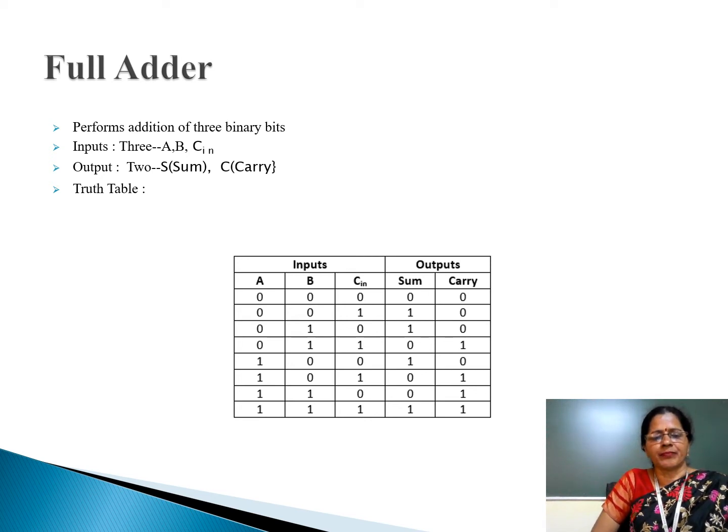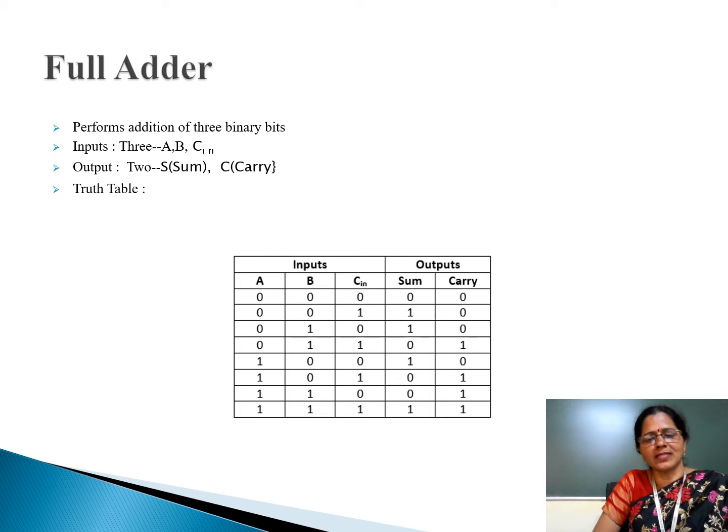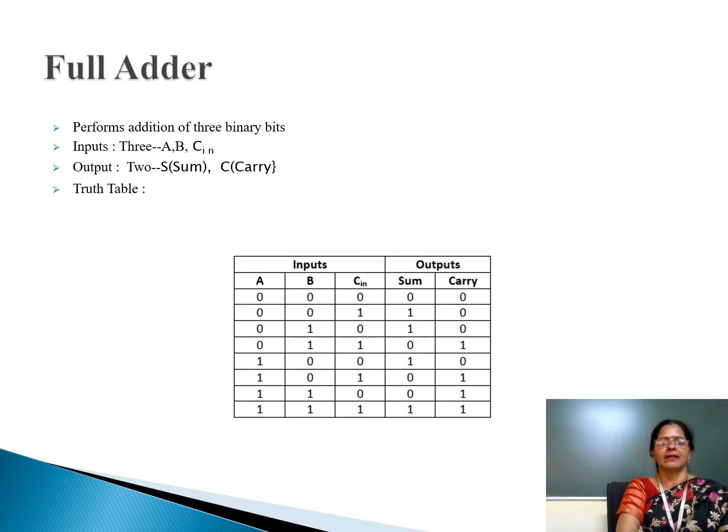The seventh state 1 1 0. 1 plus 1 plus 0 is equal to 1 plus 1. First of all, we have to add 1 plus 1, which is 1 0. 1 0 plus 0 equals 1 0. The result is 1 0. Out of this total result 1 0, 0 is taken as the sum bit and 1 is taken as the carry bit. Similarly, for the eighth state 1 1 1, 1 plus 1 equals 1 0,